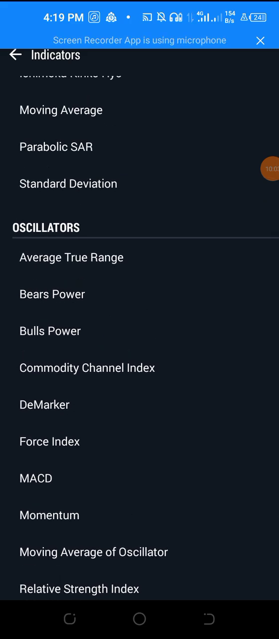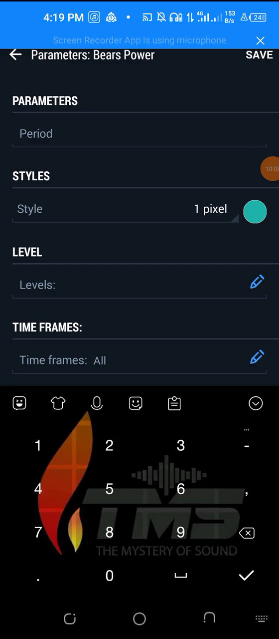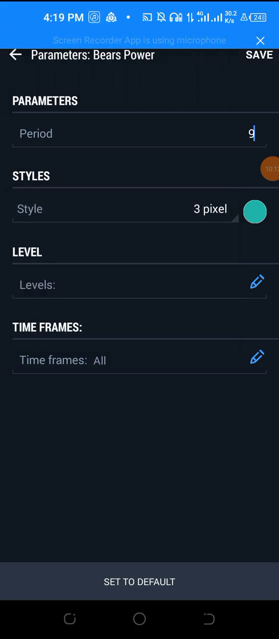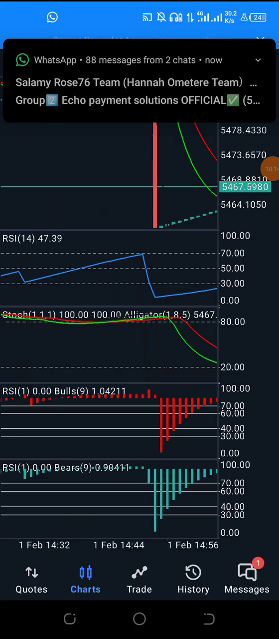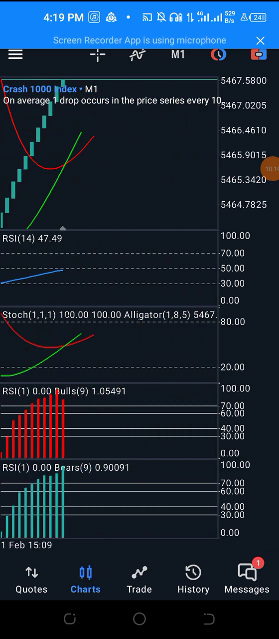Bear power is also under oscillator. You see, you now turn the period 9. There's a reason for all of these. You now turn the pixel 3. You click on save. You see it here appearing, right? So the last one is the